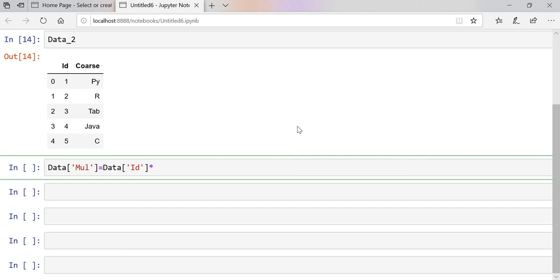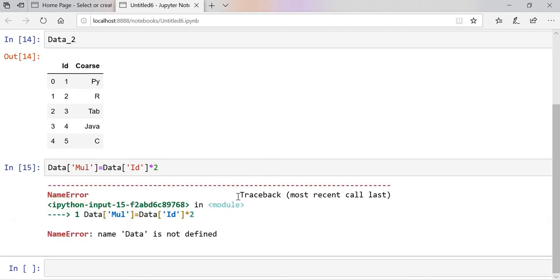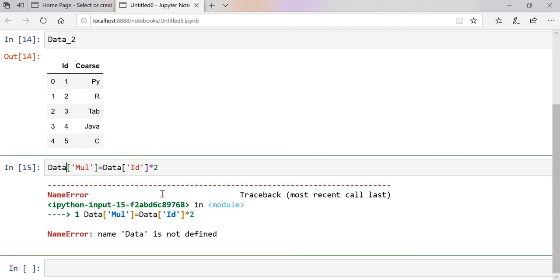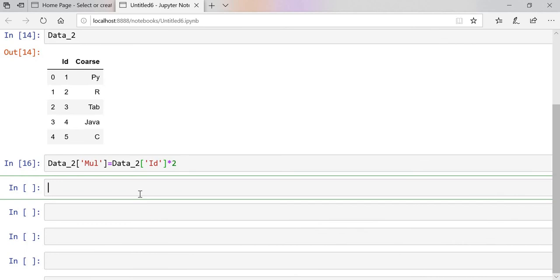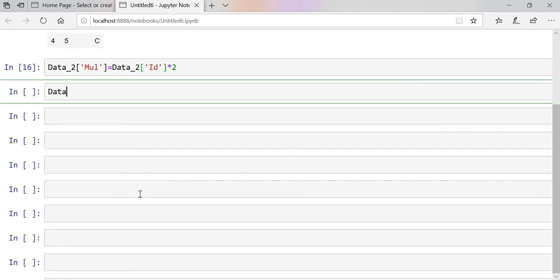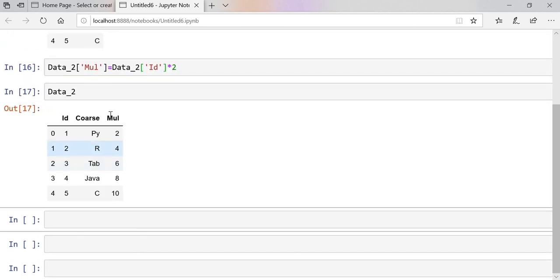Let's say I want to multiply by 2. Once you execute, okay, sorry guys, this is data underscore 2, and this also is data underscore 2. So you can check in your data underscore 2, so you can see here mul, that is multiplication, a separate column we have made over here, and we have multiplied by 2 each individual element from the id column.